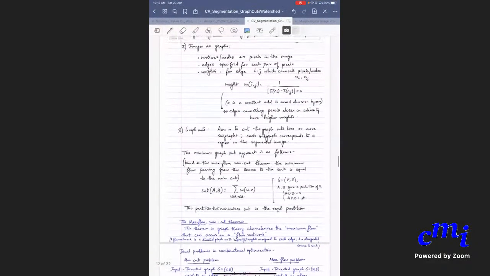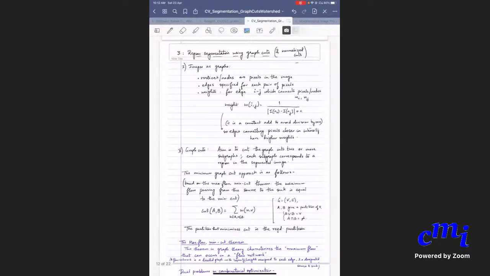Okay, so this is what I stopped at last time. I had described how images can be viewed as graphs, and we were just going to start the discussion on graph cuts. So graph cut, I had described